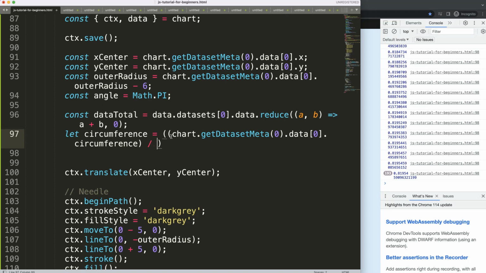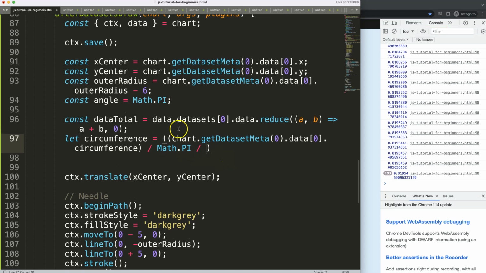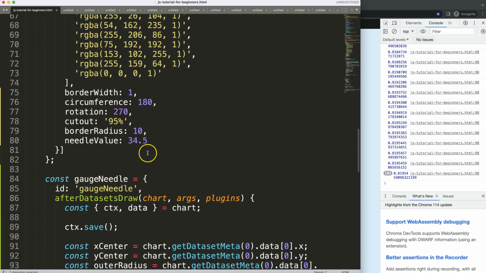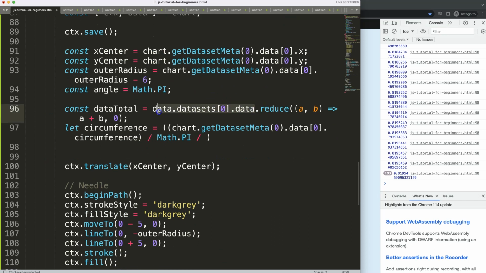Then we're going to divide this, because basically what we have here, we know how many this is. We need to divide because this is a math.PI formula. So it's a math.PI, and then divide by 1 exactly. Well, I want to get basically the value of this 18. Grab the 18, divide that,